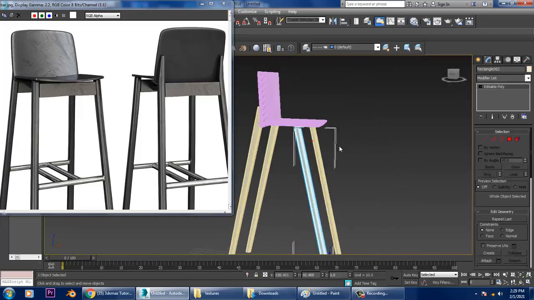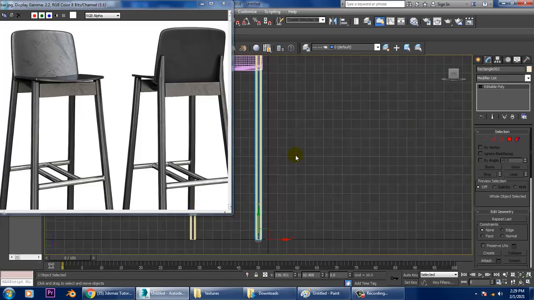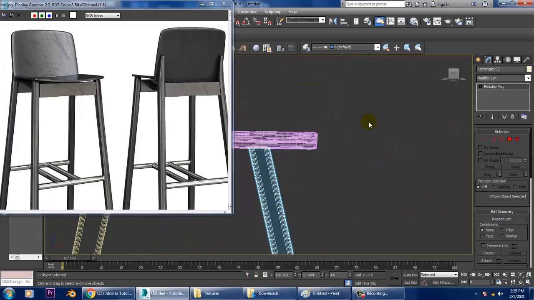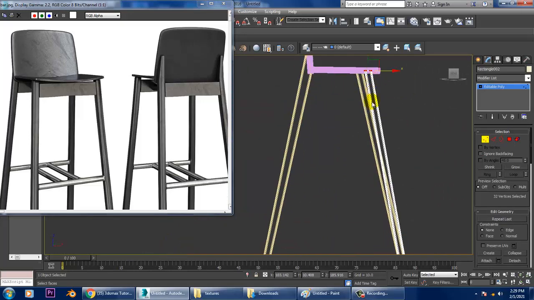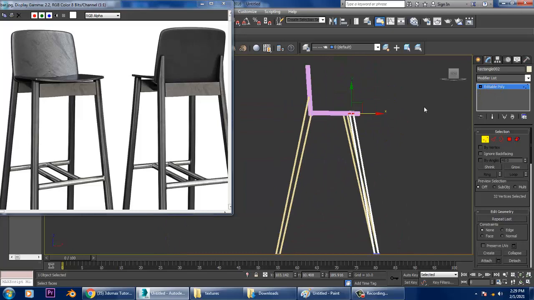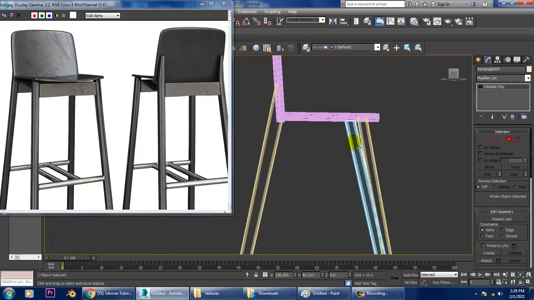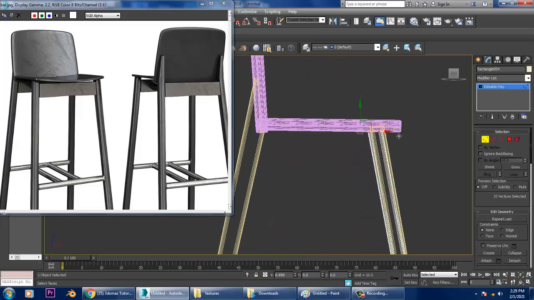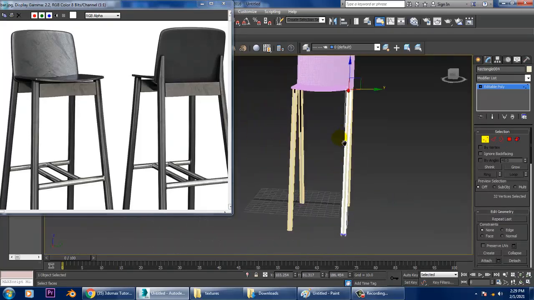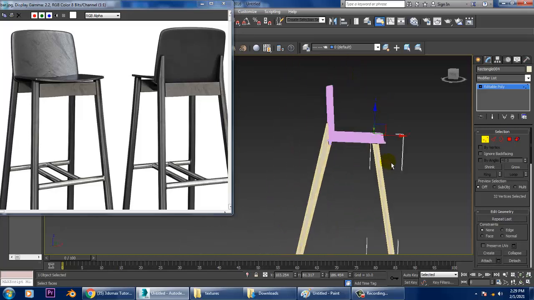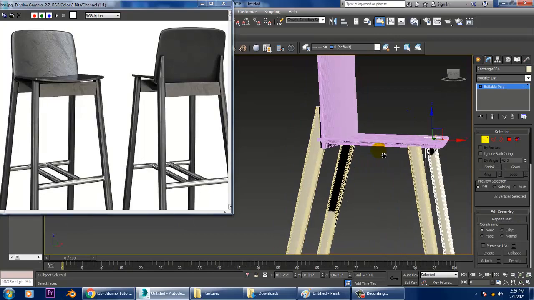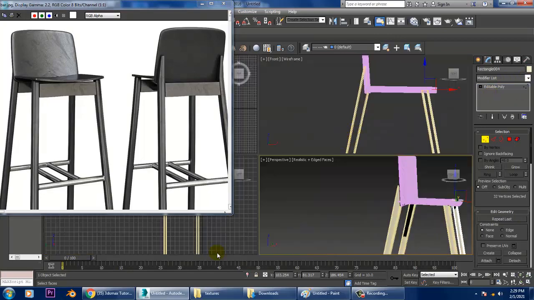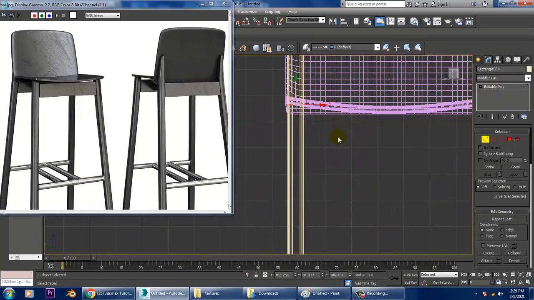So select this. Let's go into the vertices, adjust this, adjust it up in this way, and after that I'll go into this view.